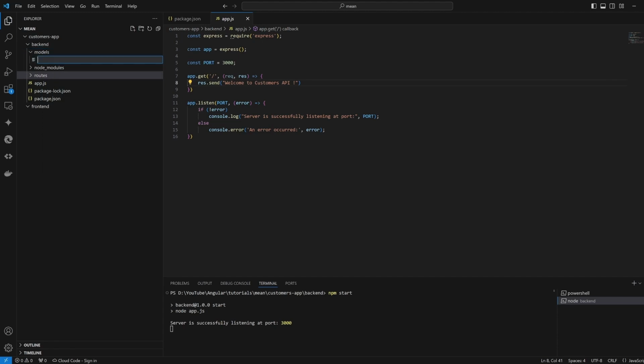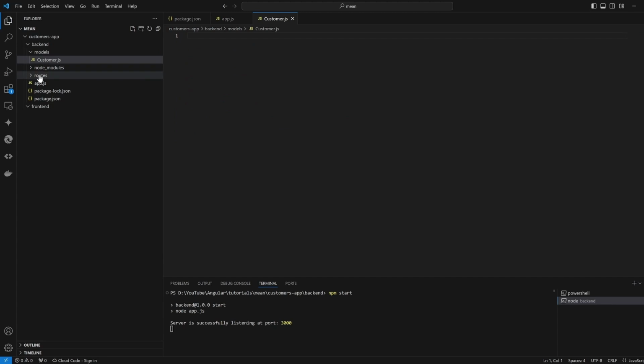So in the models folder, we're going to create a new model. It's a customer application, so we're going to have our main model, which is customer.js. And in the routes, we're going to add our route, customers.js. You can call it whatever you want. So in here, we are going to